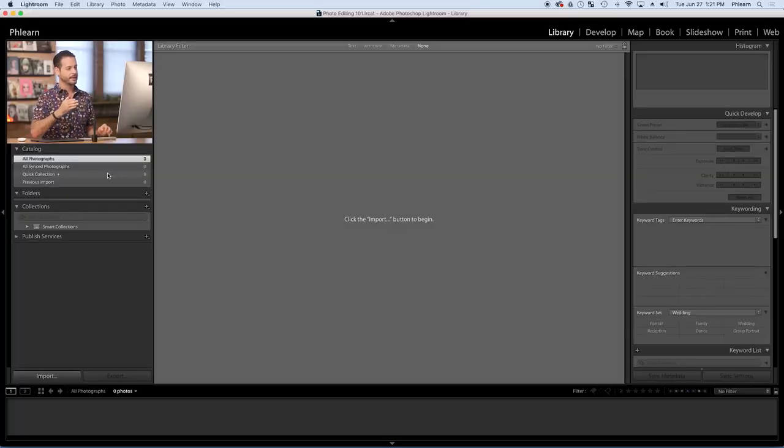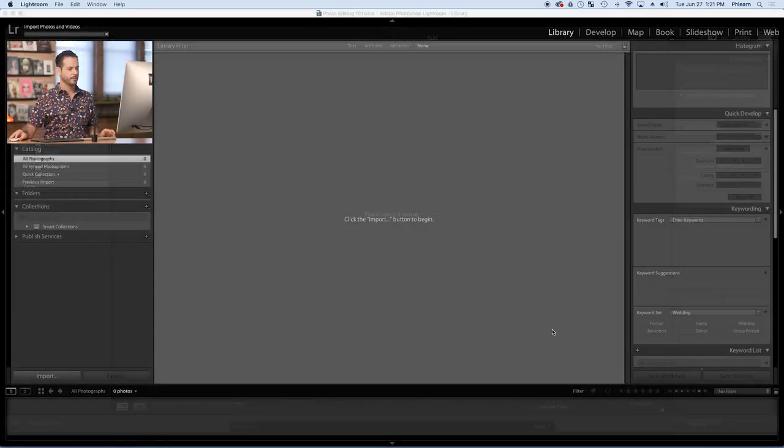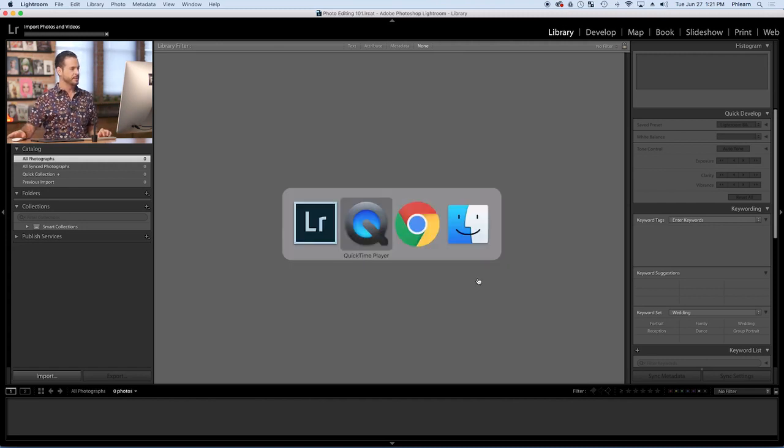So let's go ahead in Lightroom here. Now, there are a few different ways to import in Lightroom. You can click on this import button here on the left. There we go. And you can use this dialog to find your folders here on the left-hand side. So if you want to navigate to your folder that you downloaded them, you can do that here. Now I'm going to hit escape or cancel rather, because my favorite way of importing into Lightroom is just find